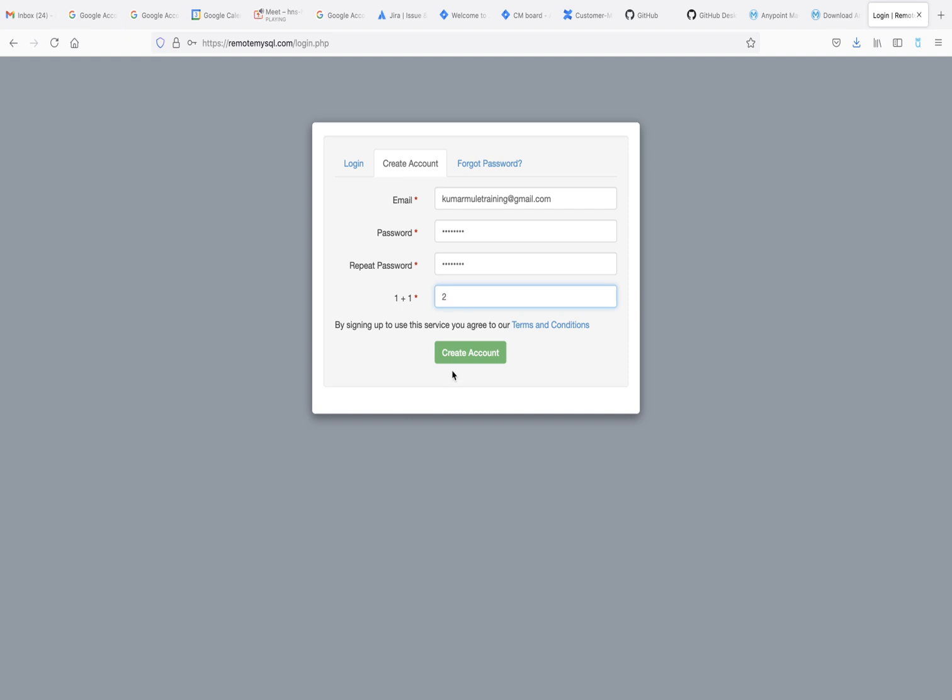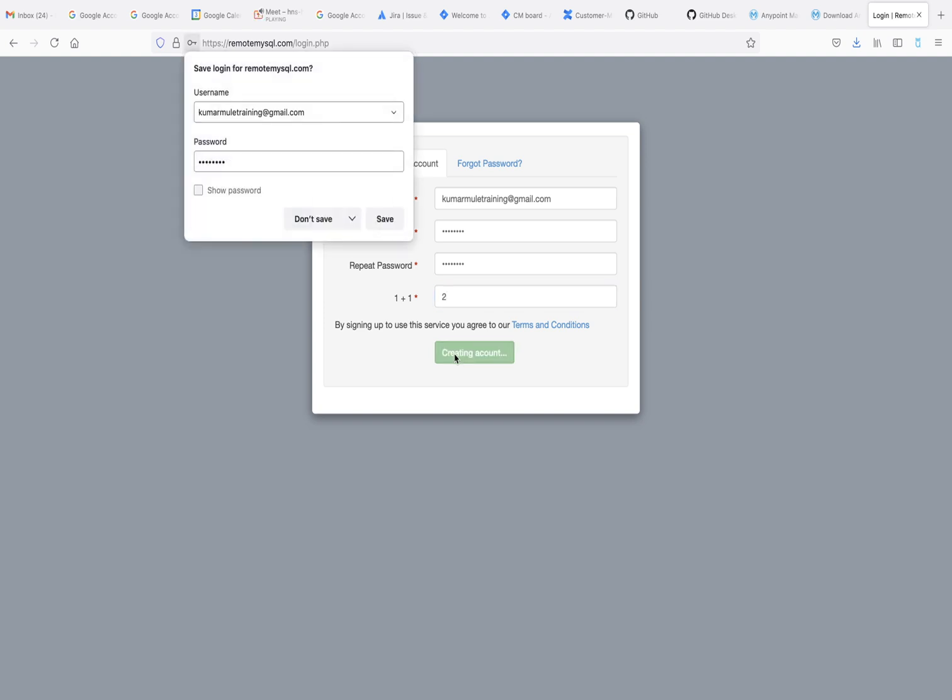If you use a local database, then when we deploy our application on CloudHub, your application will not be able to fetch data from your local machine. So in that case, we need the database to be available on the internet. Either you can use an Azure database or an Ali Cloud database, so you need to buy some database on some cloud. But here we have the easiest option, so we'll go with that one.